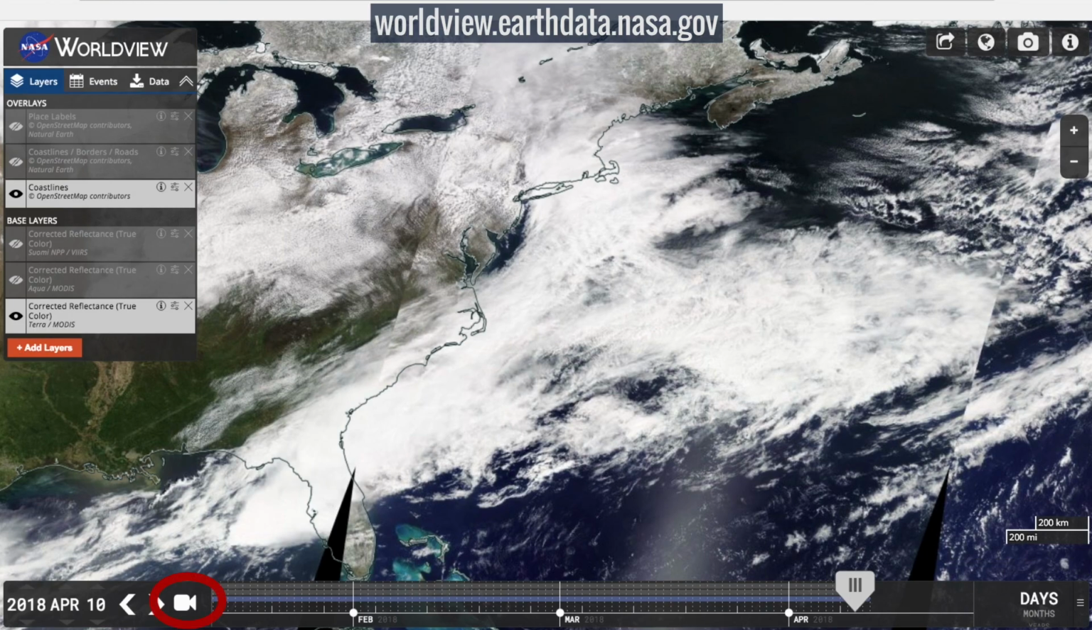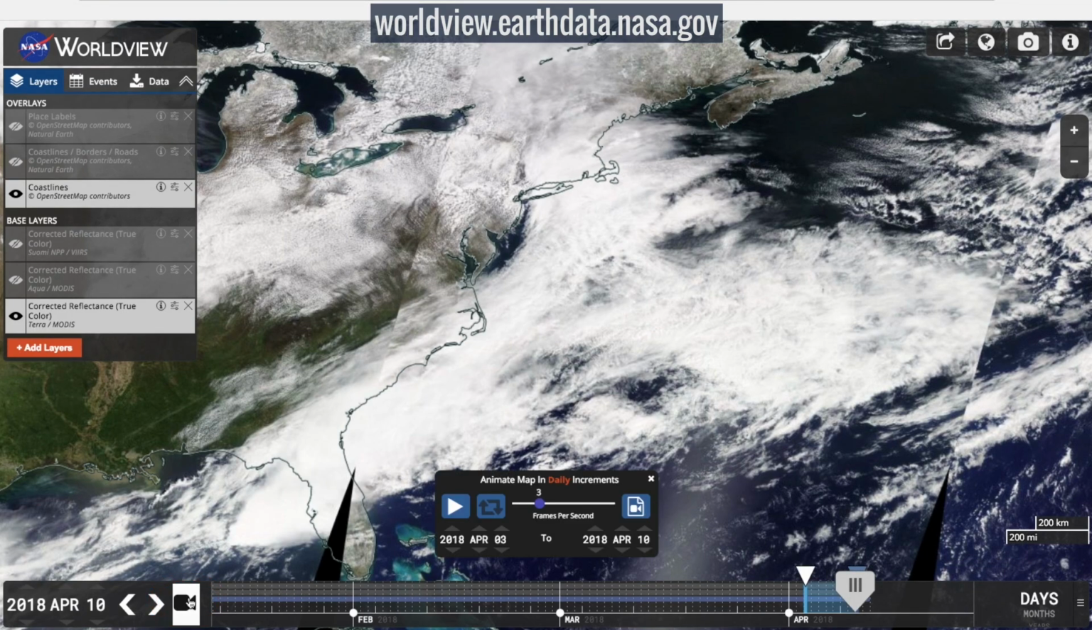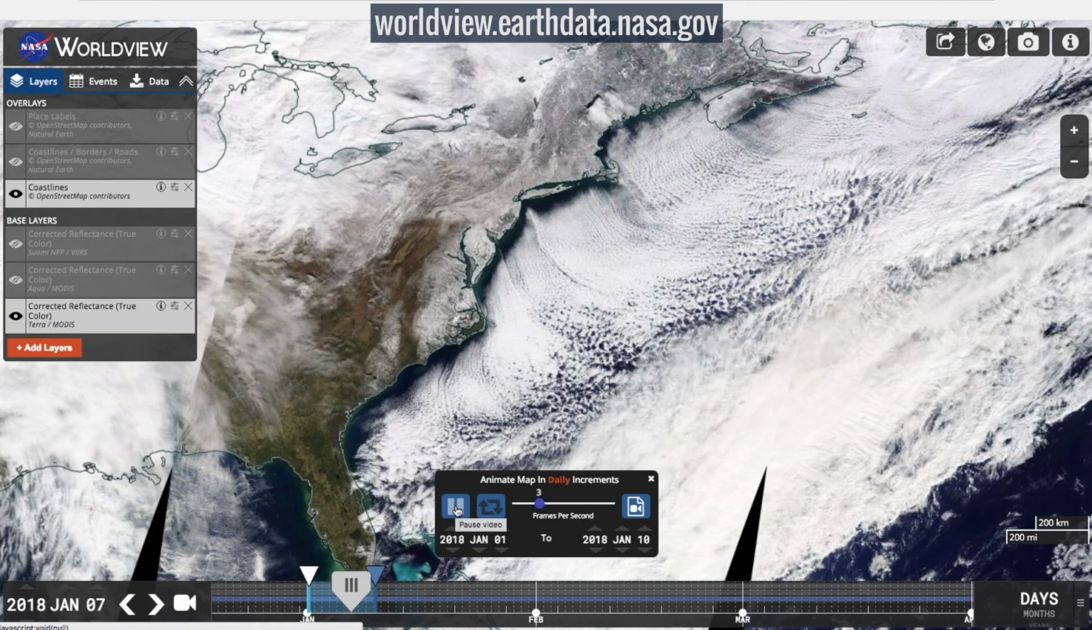Click the video camera icon on the left side of the timeline along the bottom of the page. Select the date range you're interested in. Worldview automatically sets to 10-day increments, but you can increase or decrease that time span and look at present day